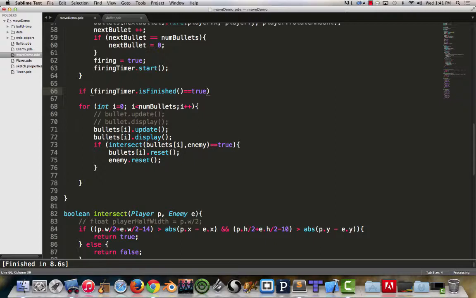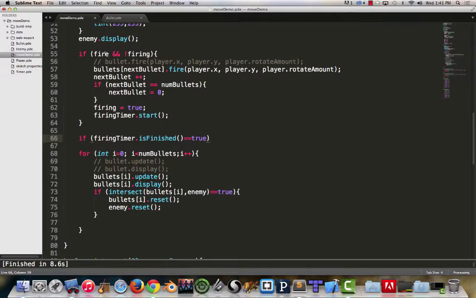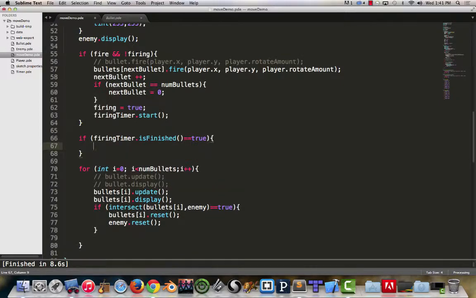We don't have to write the equals to true, the same way that we can use a not statement or the true here. It's not required, but sometimes you may like it just for ease of readability, so you remember,